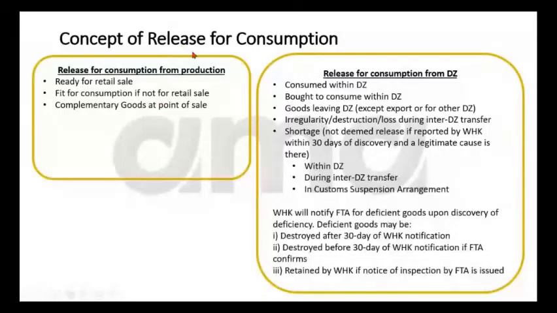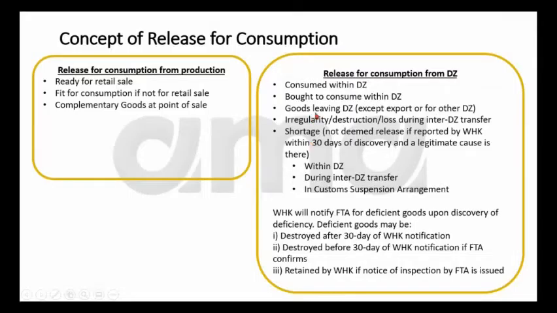Okay, here one concept is also important as far as the excise tax transactions are concerned, that is release for consumption from production and release for consumption from designated zone. These are the tax points. For example, in the production, if you are just releasing the product for retail sale, it's ready for retail sale, or if it is fit for consumption, if it is not a retail sales product, or the excise tax good is a complementary good which is linked to another good, it will be determined at the point of sale. I mean, these are the points where the excise tax will be applied, and the excise declaration will have to be disclosed. On the other side, release for consumption from designated zone, there are numerous cases where